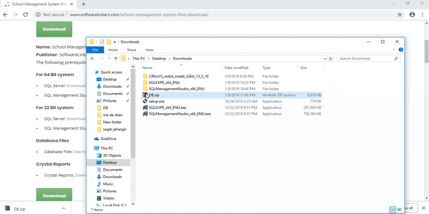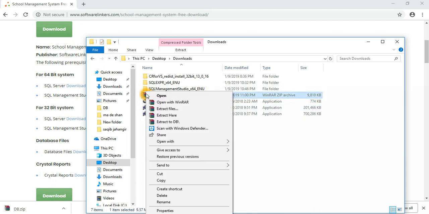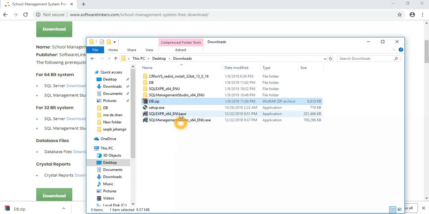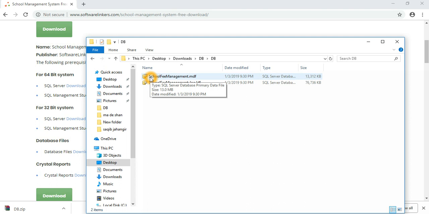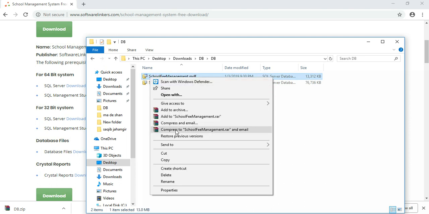This is DB, database files. So I will extract to here. These are our database files. I will place it to some safe place, or you can use it from the same path.